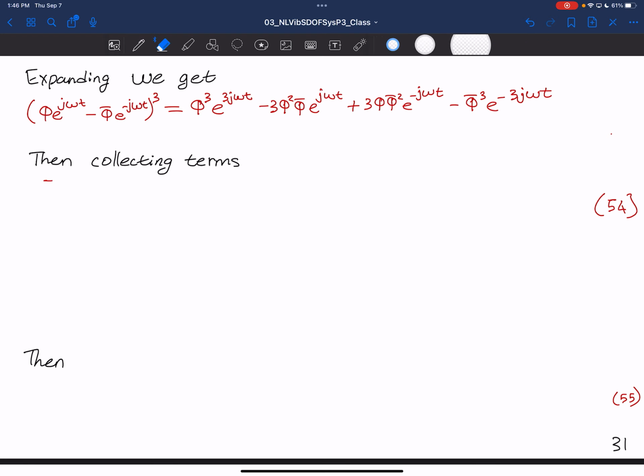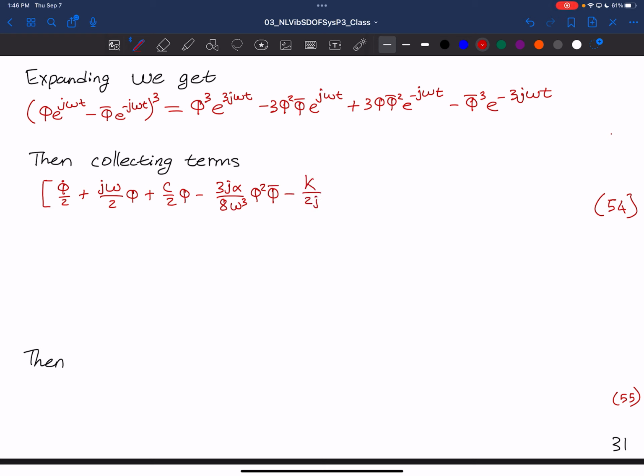that phi dot over 2 plus j omega over 2 times phi plus c over 2 phi minus 3j alpha over 8 omega cubed times phi squared phi bar minus k over 2j, all of that multiplied by e to the j omega t, plus j alpha over 8 omega cubed phi cubed e to the 3j omega t,